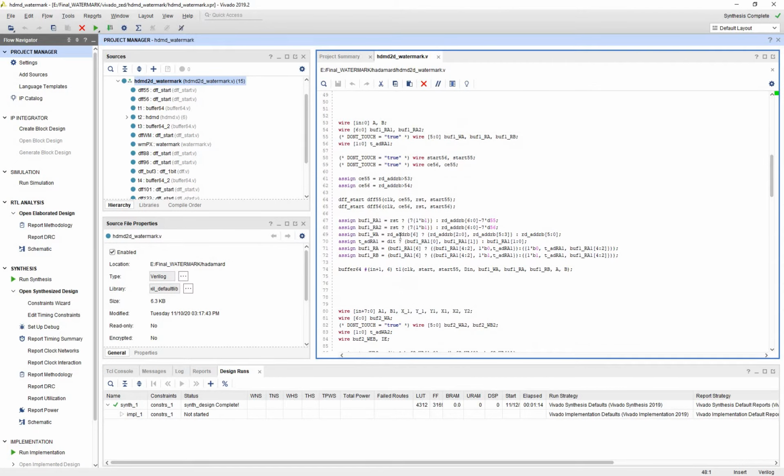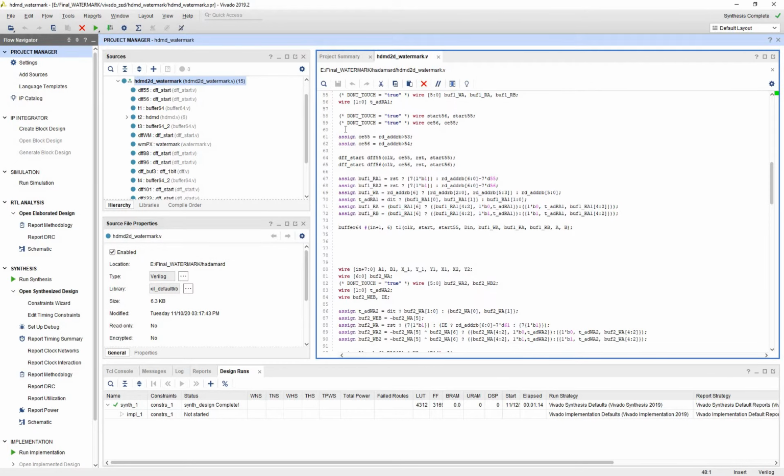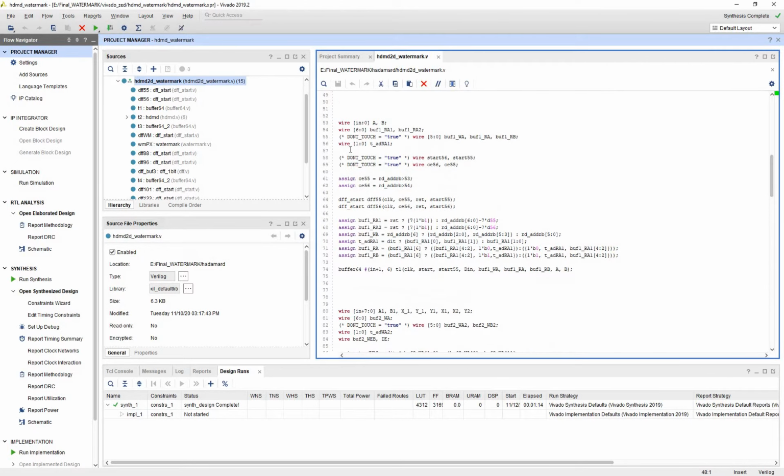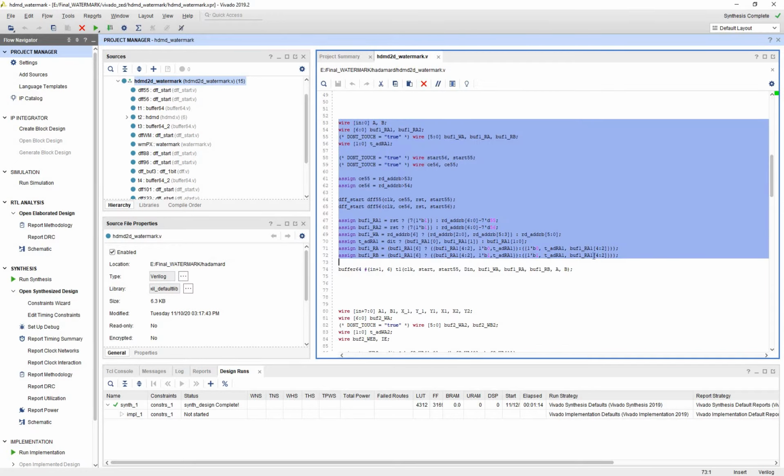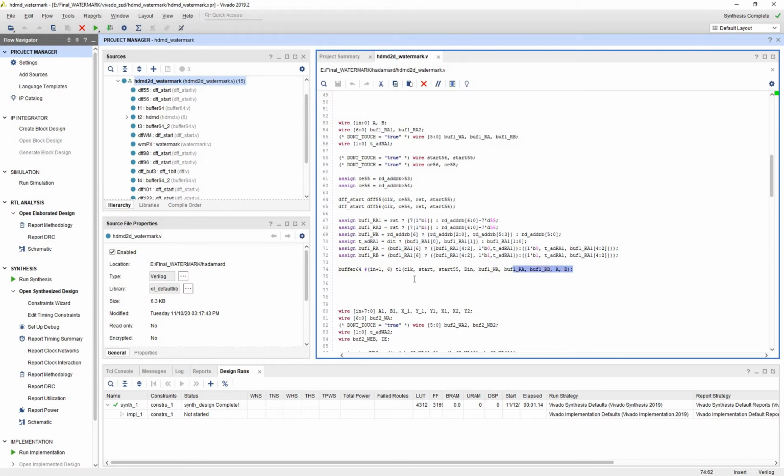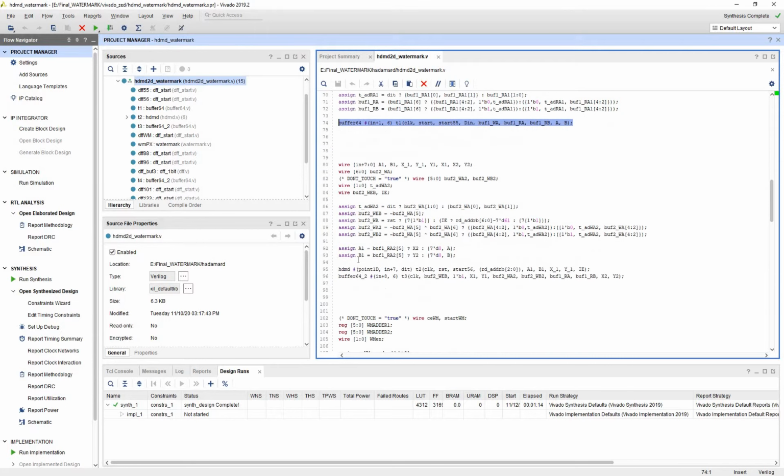To do the 1D Hadamard transform, we'll divide the frames, or divide the image, into subframes of 64 pixels each. Once we divide and store the 64 pixels in a buffer 64, we'll start the 1D Hadamard transform using this HDMD module. This HDMD module was explained in the previous video, and once we compute the 1D Hadamard transform, we'll store the coefficients in the buffer 64 of the T3 module.